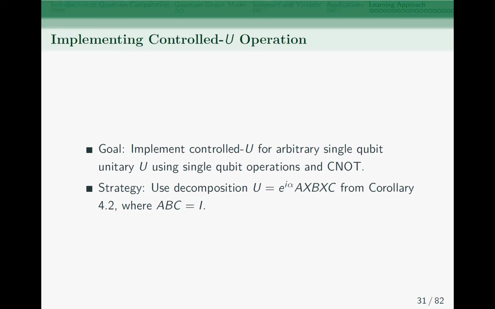Controlled-U means that there is a control qubit. If the control qubit is 1, then I will apply the single qubit unitary U on my target. But how can I do this? So this theorem tells me that you don't need to have any controlled-U. You only need one special gate called controlled-NOT. Once you have this controlled-NOT with arbitrary single qubit unitaries, then you can combine them to get this controlled-U operation. Okay, so the goal is to implement controlled-U for arbitrary single qubit unitary U using single qubit operations